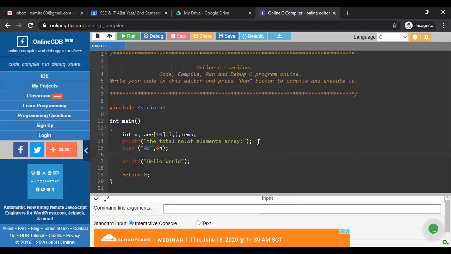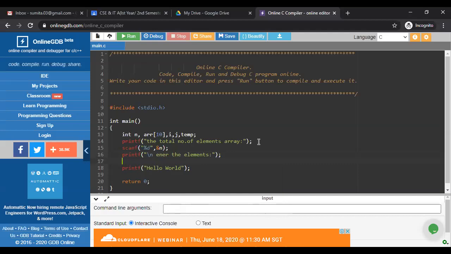Fine. Now next we are going to insert our elements one by one. Say printf, enter the elements, and in that particular case we are working with an array.